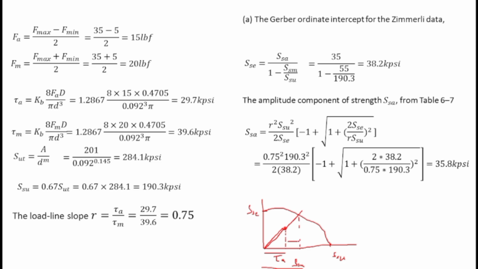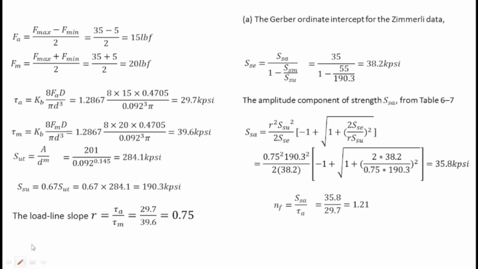So you will be safe by this amount. When you divide this SSA by this tau A, it will give you the factor of safety. Putting the values, you will get a factor of safety equal to 1.21. Now after that, based on the sine law, we will have to find the factor of safety, but we haven't